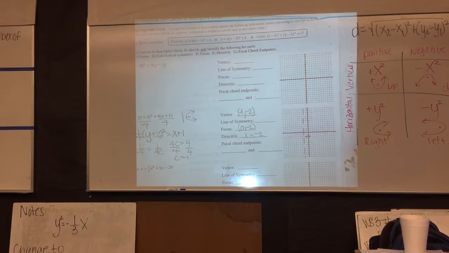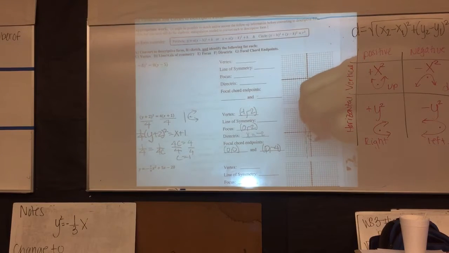Okay, and then you can find your focal chord endpoints by going to your focus, and you're going to go up and down to c. Our c value is 1, so we're going to go up 2 and down 2. Okay, and so those coordinates are 0, 0 for the one on the top, and the one below is 0, -4. Okay, and then you can create your parabola by connecting the vertex to each of the focal chord endpoints and